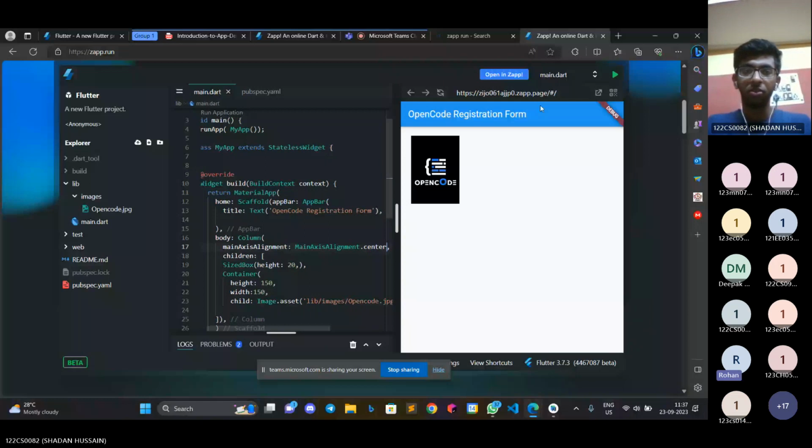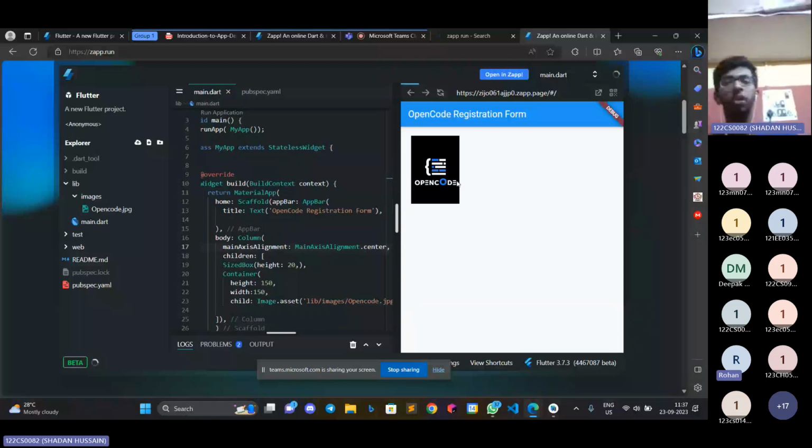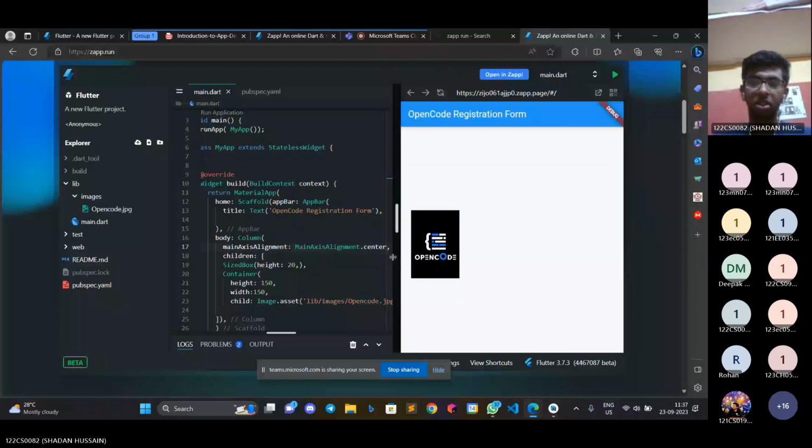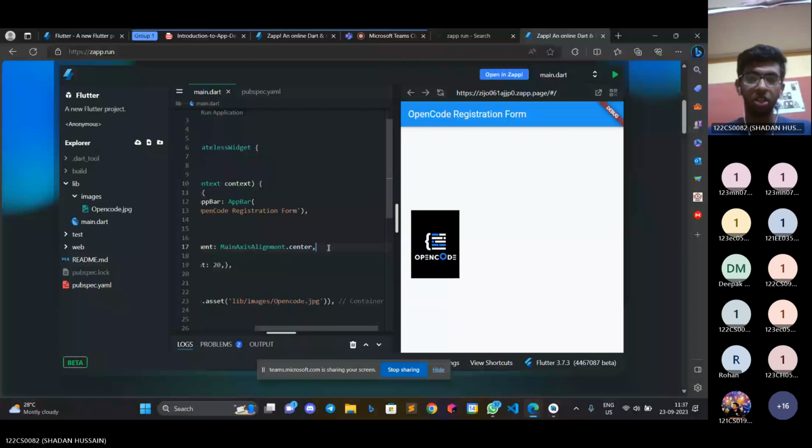बीच में जाता है ये मेन एक्सिस से क्या हुआ, कॉलम का मेन एक्सिस क्या है, कॉलम वाला वर्टिकल लाइन, अब उसको बीच में ले आया, ये नीचे आ गया, मतलब ये क्रॉस एक्सिस होना चाहिए।